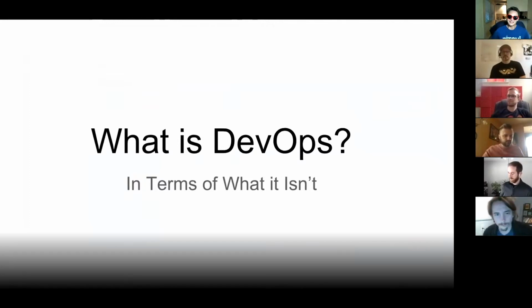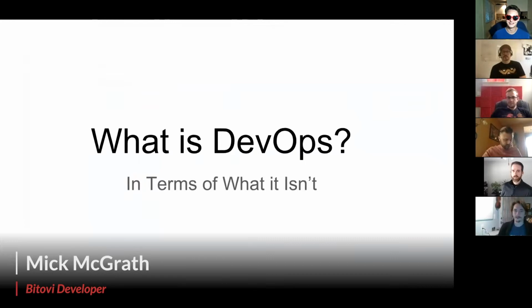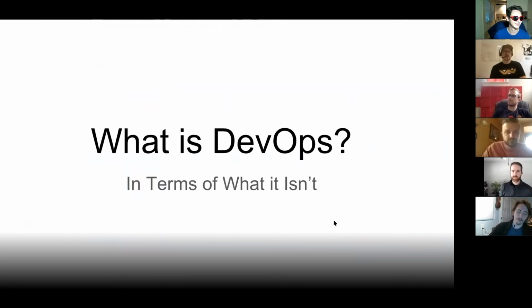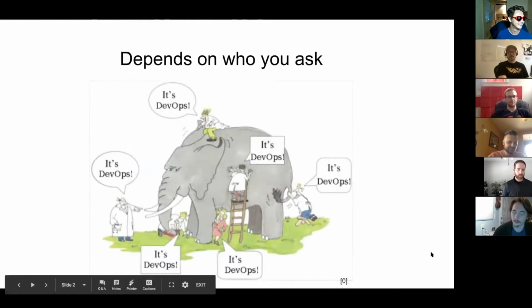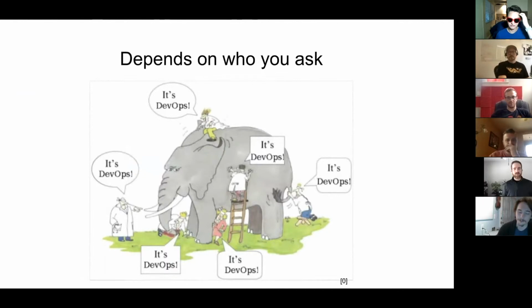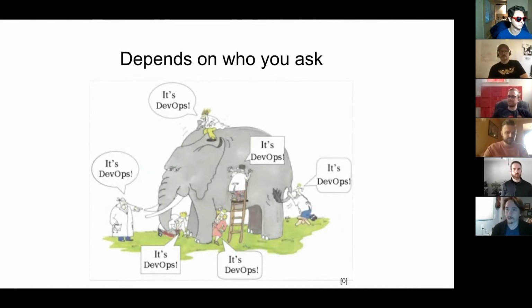That's the question. What is DevOps? There are a lot of definitions for DevOps. And probably if you ask 10 different people what is DevOps, you're very likely to get more than 10 answers. That's because DevOps is a very big, broad concept. It covers a lot of different topics and areas of expertise, so it might have a different definition depending on what area you're looking at it from. So let's take a look at a few definitions and see if we can wrangle in an understanding of what